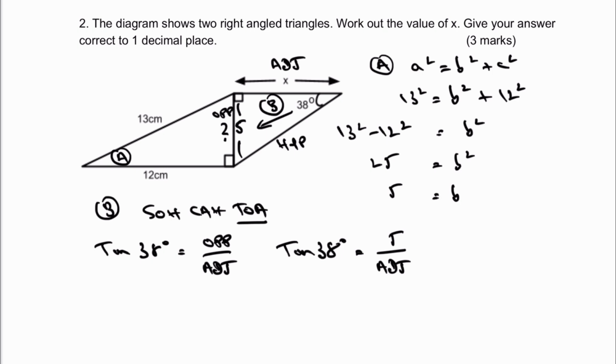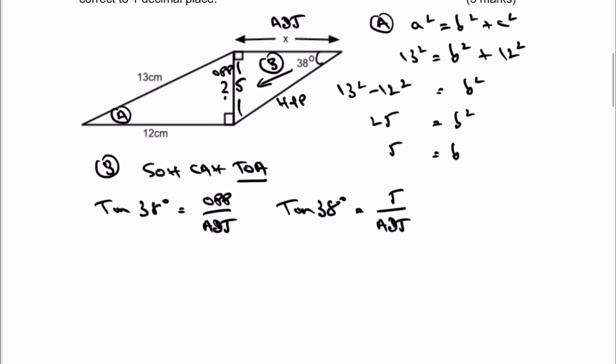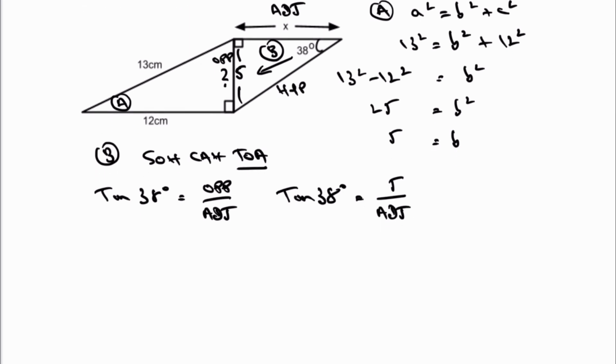Now again, if you're not sure about any of these things, please do let me know in the comments, but effectively I need to make the adjacent the subject of this particular equation. So therefore I can write it as adjacent equals 5 divided by the tan of 38,